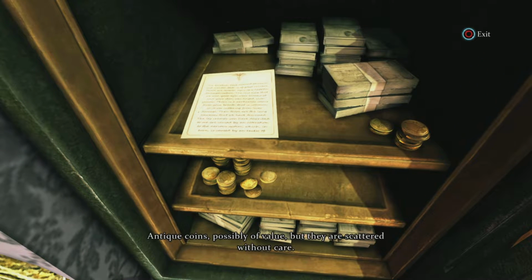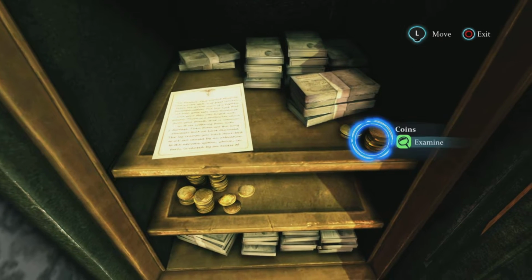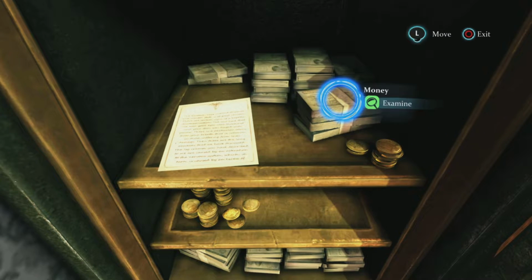Antique coins, possibly of value, but they're scattered without care. Antique... It is...